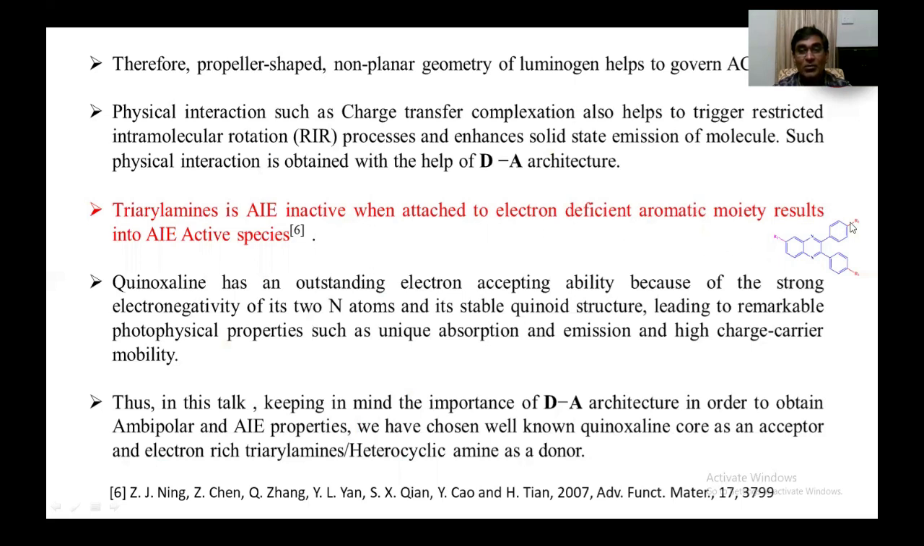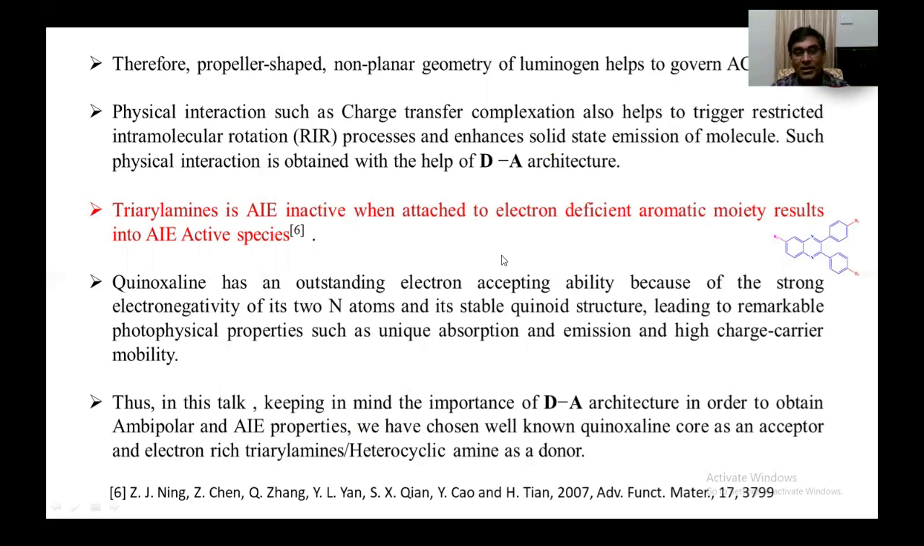these are molecules having imine groups within them, that is nitrogen atoms. They have outstanding electron accepting properties because of the strong electronegativity of the two nitrogen atoms present in the imine form, and its stable quinoid structure, which gives remarkable photophysical properties like unique absorption and emission and high charge carrier mobility. So thus, keeping in mind the importance of donor-acceptor kind of architecture to obtain the ambipolar